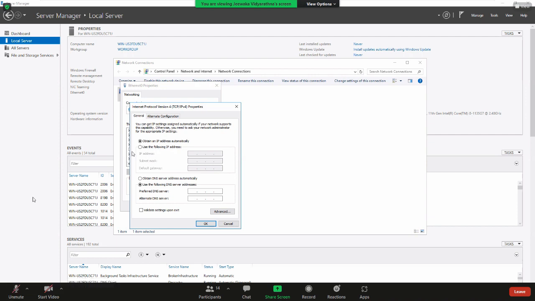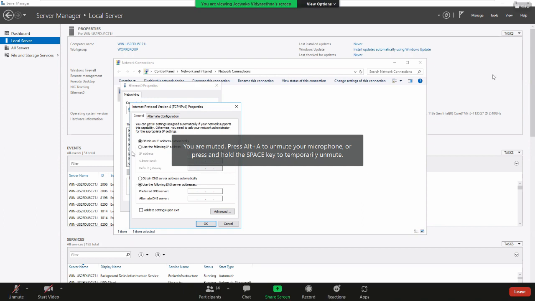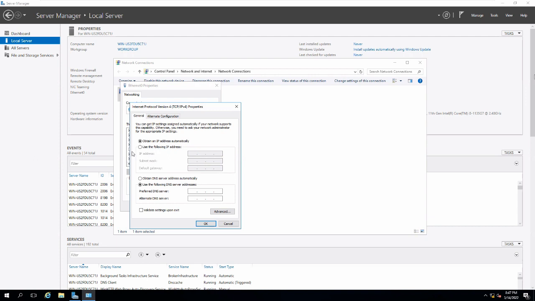Yeah, that answer is a bit correct, but the complete answer is: if you select the automatic option, you should have a DHCP server, because once you select that the IP address is assigned automatically, it tries to contact the DHCP server and get all the network-related configuration from it. If you select manual, use the following IP address, that means you have to pick one IP address and configure it yourself.